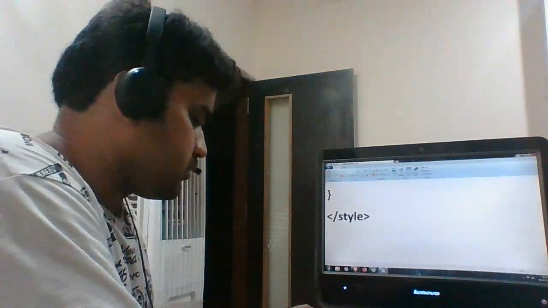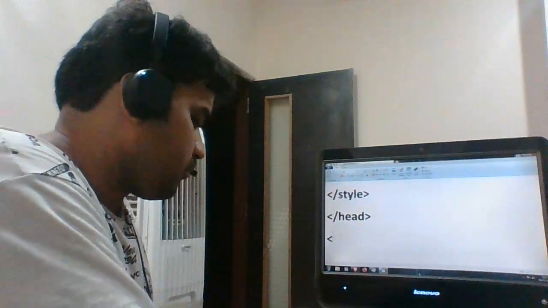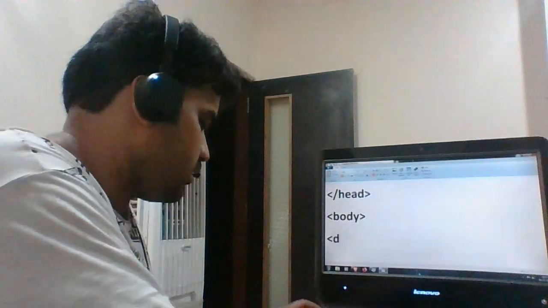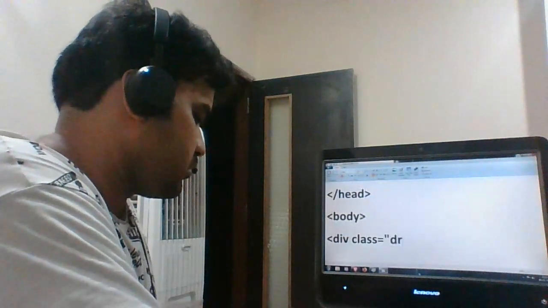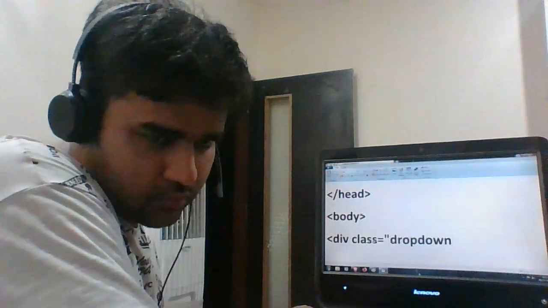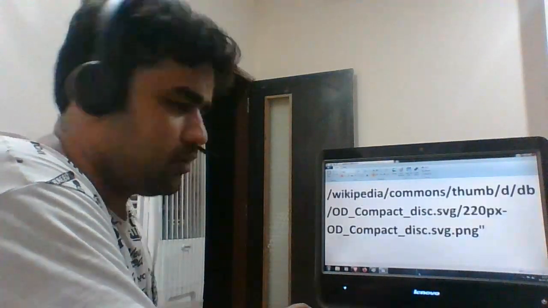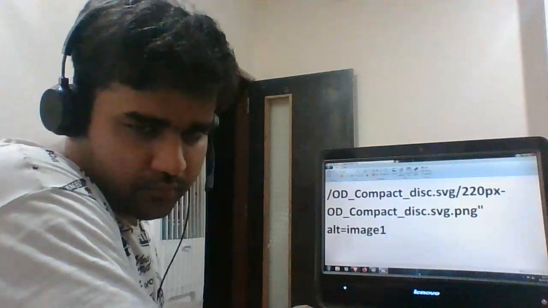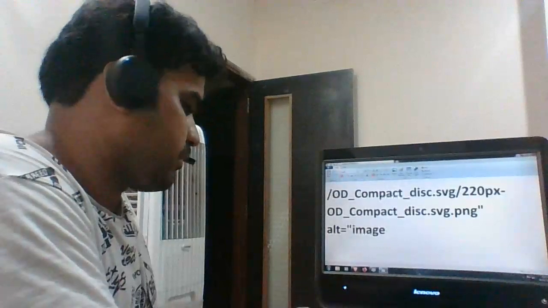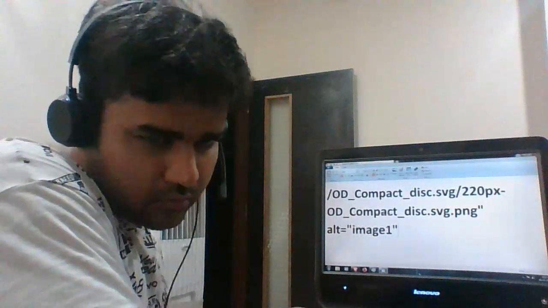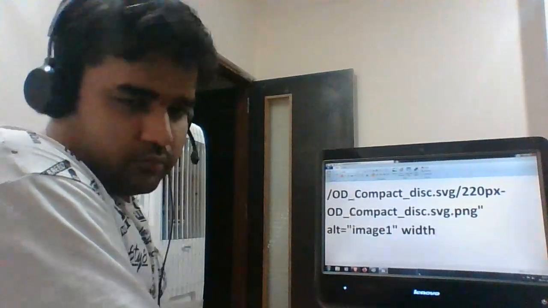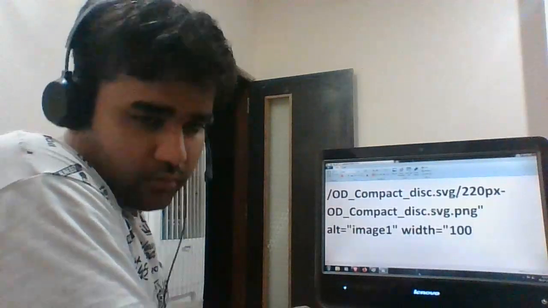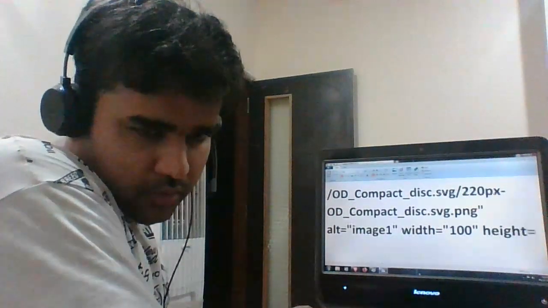Style, div, then div class equals dropdown, img src equals this, alt equals image1, width equals 100, height equals 50,